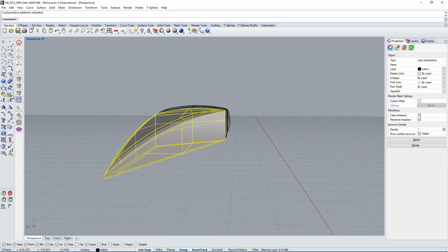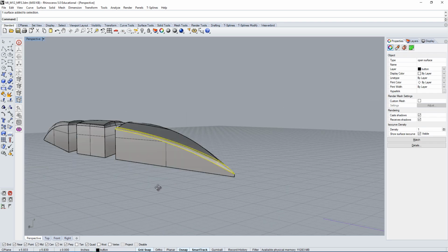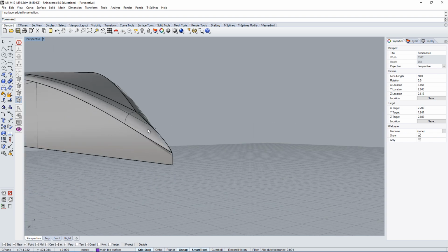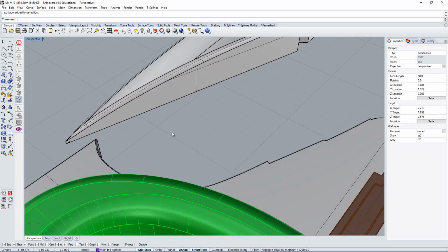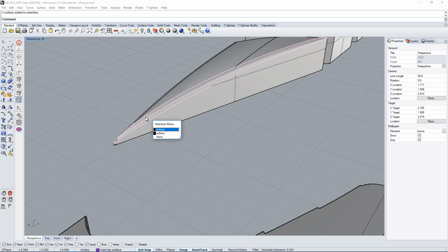So the first thing I would do is explode it, and now we are left with a bunch of surfaces. If you zoom in, you'll see that it's pretty much the same. In fact, it's even worse than before. You can see it looks like the quality of the surface is even worse than before. Now, as I said, you still have the same problem, and the problem is basically a result of the tolerances.